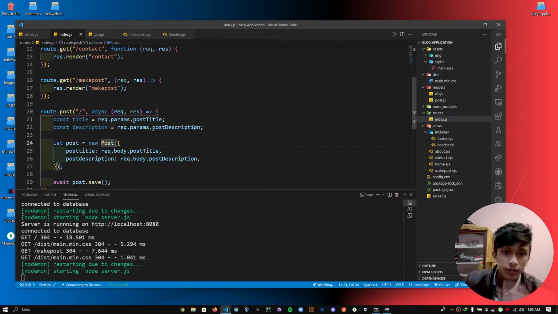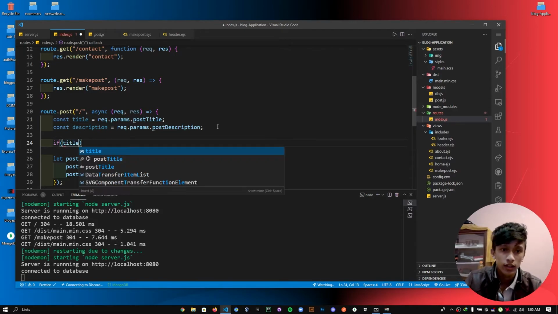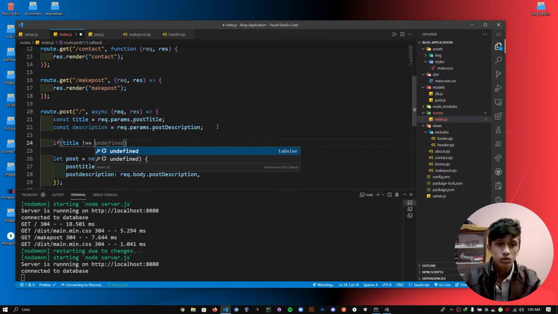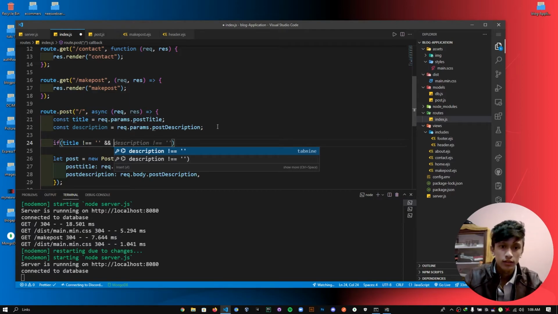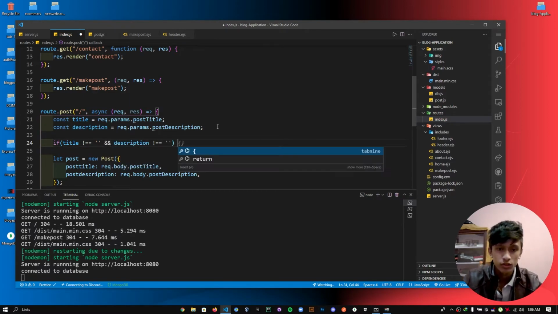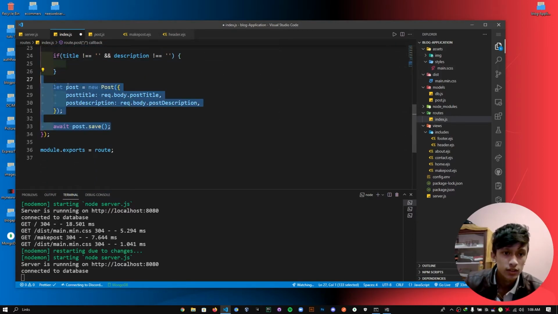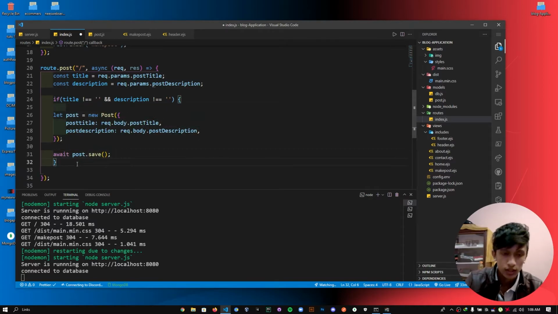If title is not equal to null and description is not equal to null, then you can do this, else